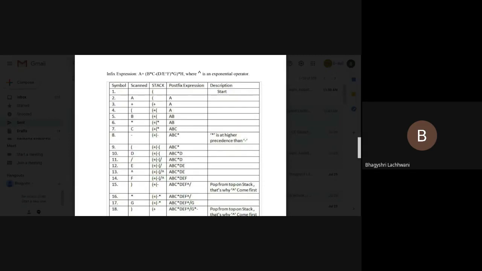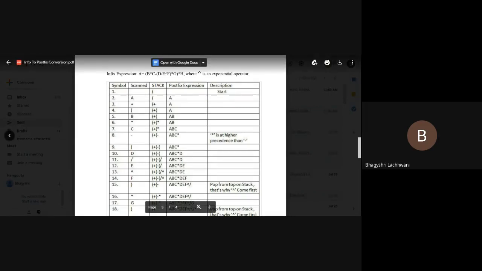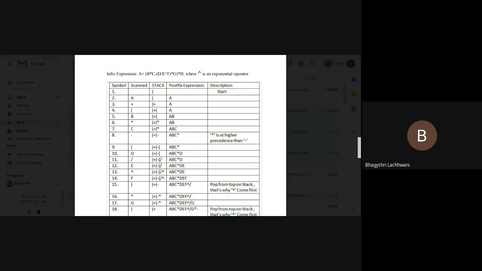So now just see, abc star. That means what is the need for it? Multiplication has the higher precedence than the subtraction. Just read the description. So now the stack content will be starting bracket, plus, starting bracket, minus. Next time again starting bracket is coming, that means an operator is coming, so we will just shift it onto the stack. Postfix expression will be abc star.